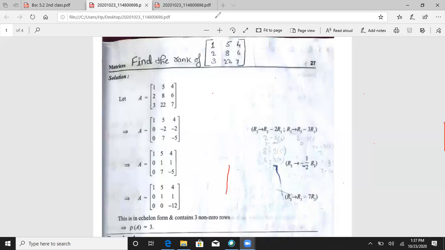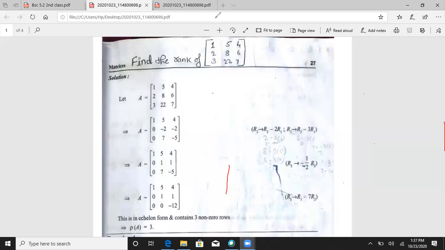First you write R2 minus R1. R2 means the second row element is subtracted with the first row element. First element subtracted with the first one, that is 0. Next 3 minus 3 is 0, then 4 minus 4 is 0, then 3 minus 1 is 2. Next come to the last one, R3 equal to R3 minus 3R1, means the third row minus 3 times the first.